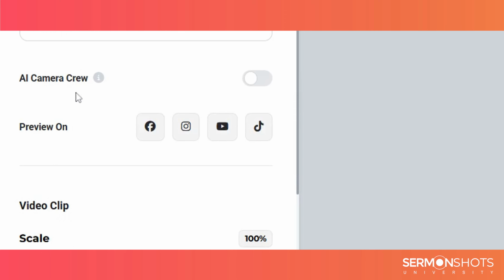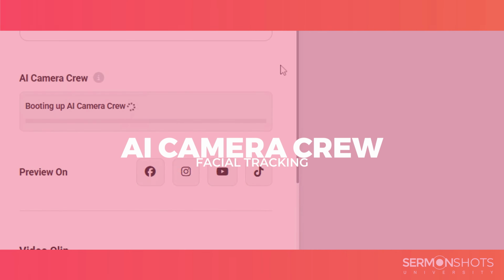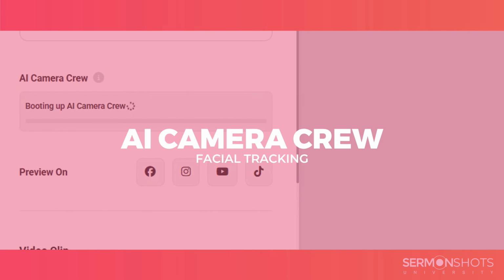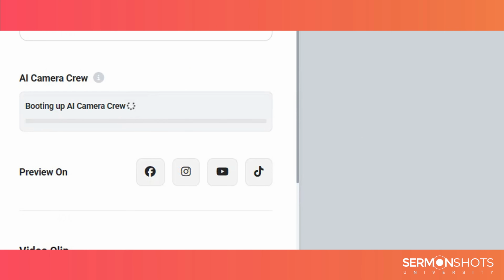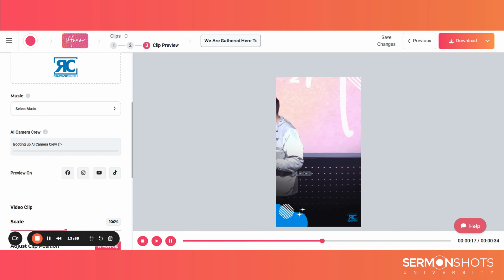Okay, this speaker loves to connect with his audience by moving. And so here in Sermon Shots, we are going to use a feature down here on the left called AI Camera Crew. Camera Crew is facial tracking. So we're going to go ahead and boot up that feature. It will process through this clip and lock onto the speaker, keeping him centered even when he moves, so that